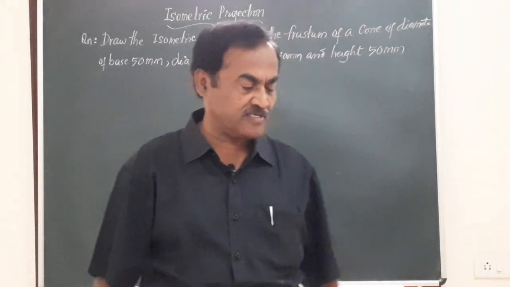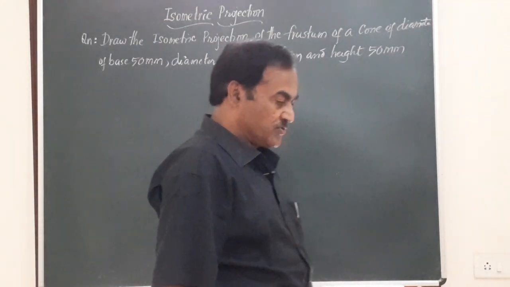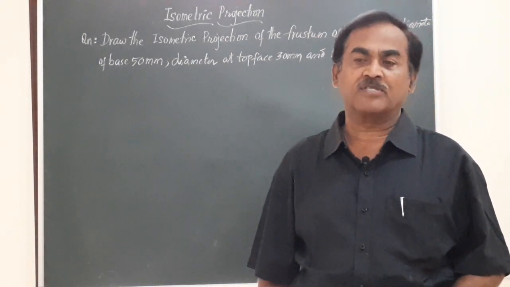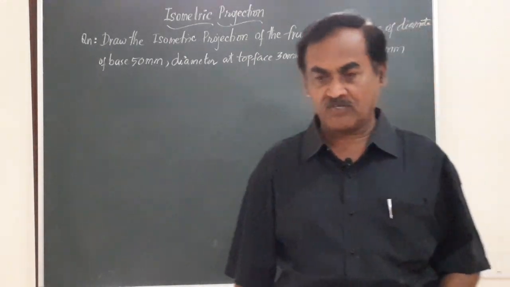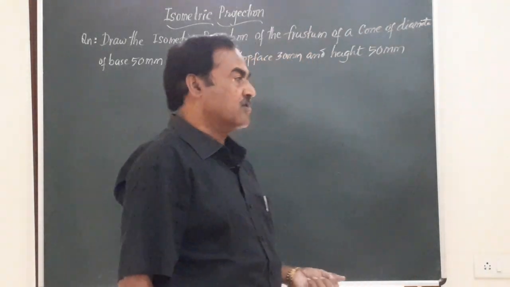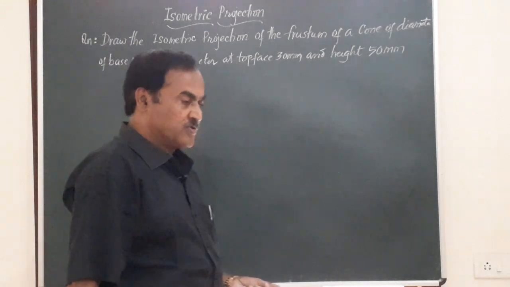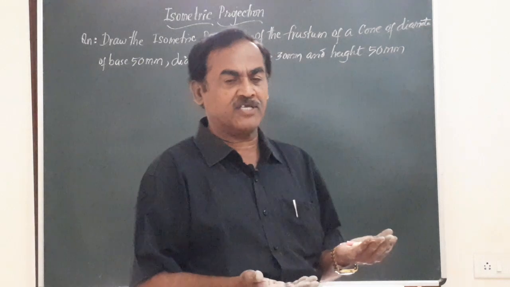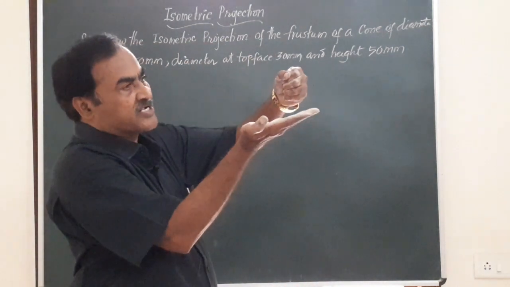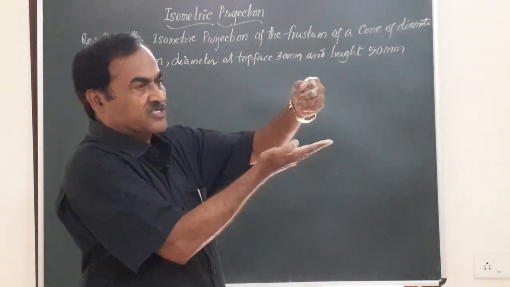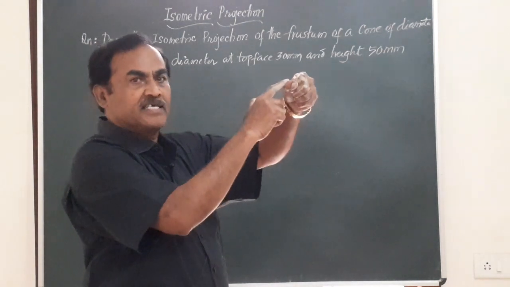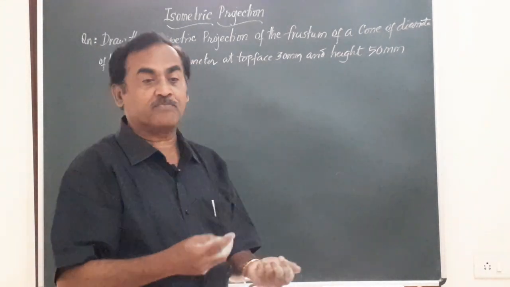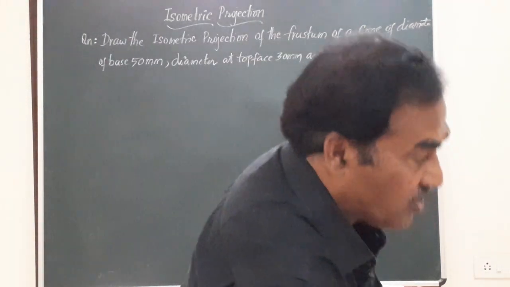And in today's session, I am going to teach you how to draw the isometric projection of the frustum of a cone. So, first of all, we should know the meaning of the frustum of a cone. You have seen a cone in the projection of solids. Say you have a cone resting on its base on HP. It is cut by a horizontal section plane parallel to the base of the solid. The upper part containing the apex is removed. The portion that is remaining is called the frustum of that solid cone.